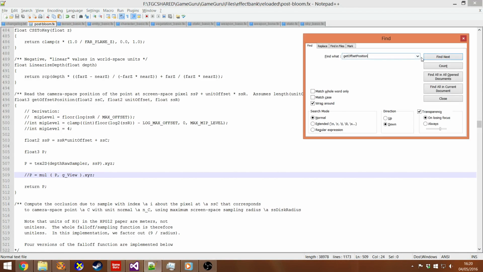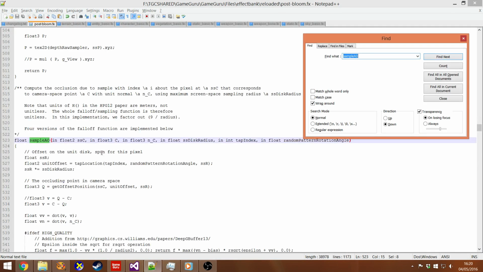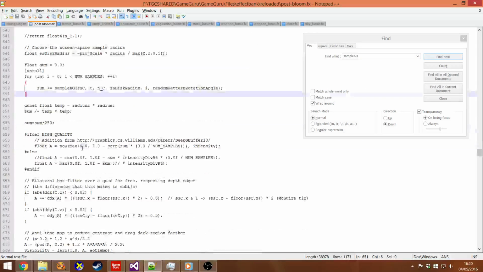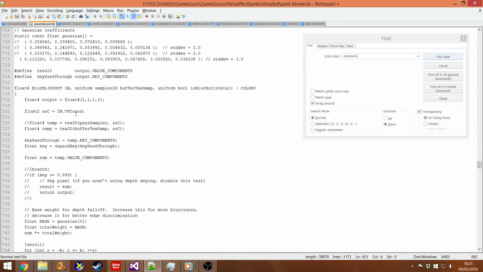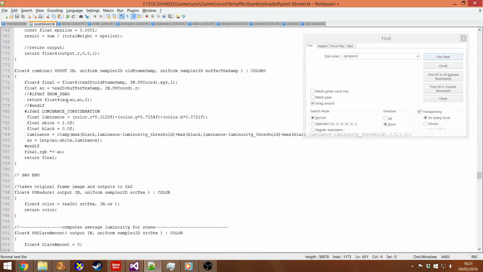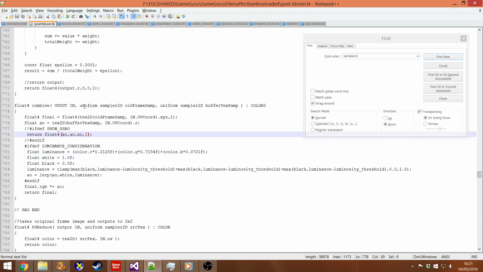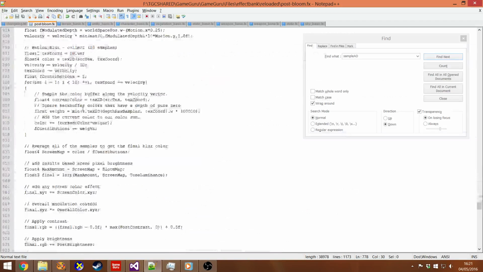So let's jump back to this, where it calls it. There's no debug stuff at the end of there. This is the bit that blurs it. We want that. This is the bit that, here we go. You see how we're showing the AO here at the end, and that's what you get to see. But why is it not blurring? This is the question. So if we look at our techniques, which are further down,